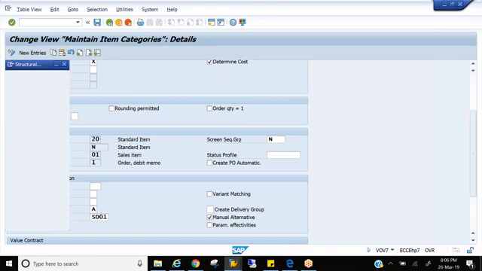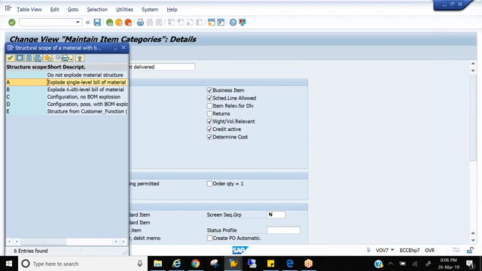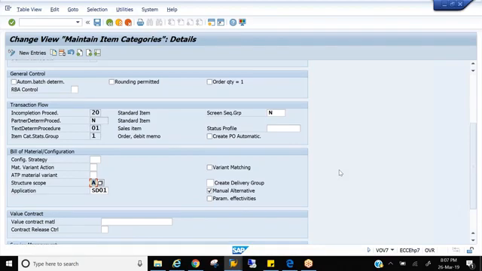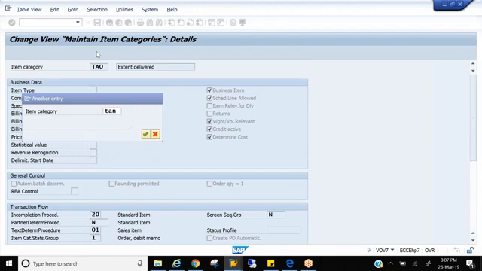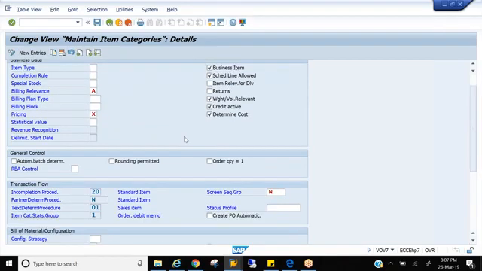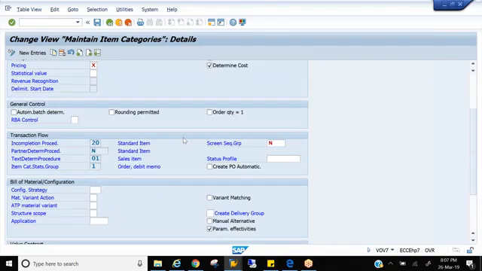But when you practice this particular BOM, usually you will be maintaining this for the standard TAN. Make sure you remove this and make it blank for TAN. If not, the system always stops you saying enter BOM material. You can try this scenario with the TAN as well. In the TAN, just put a structure scope and you create a material. The system will stop you saying enter this particular BOM material. But once you try the scenario, please remove it.